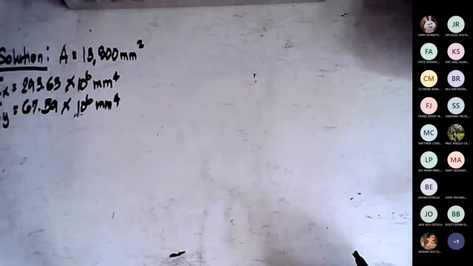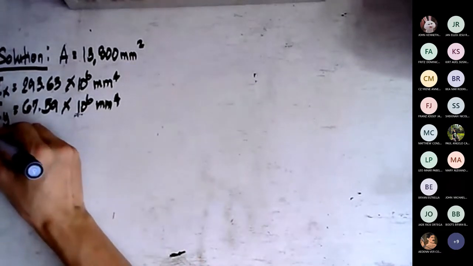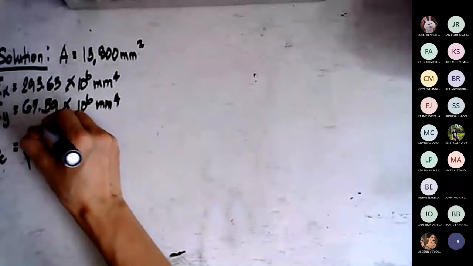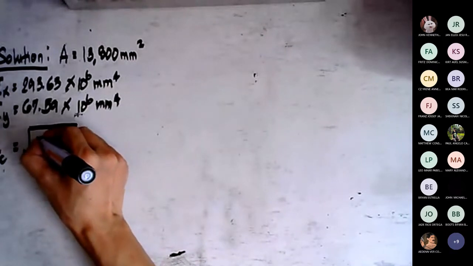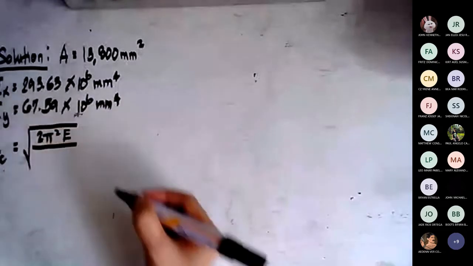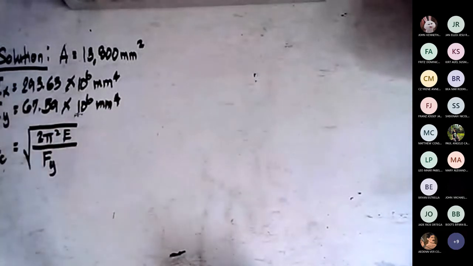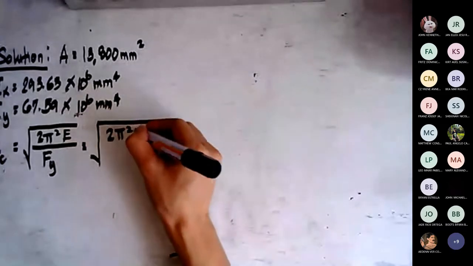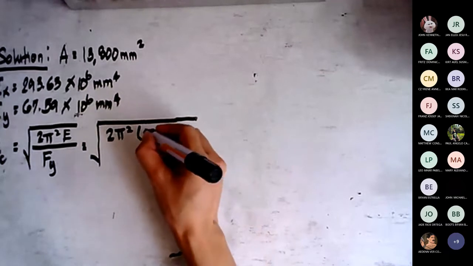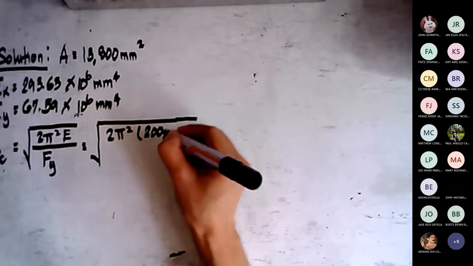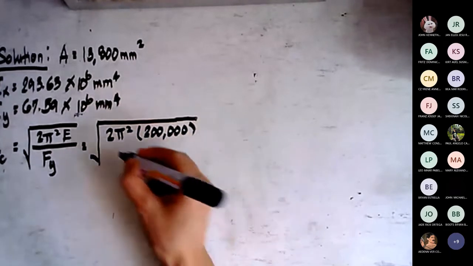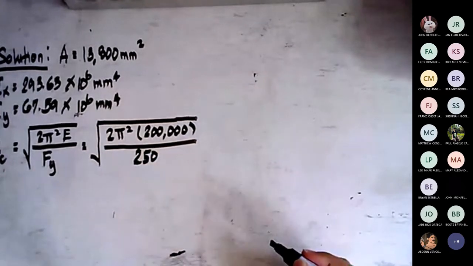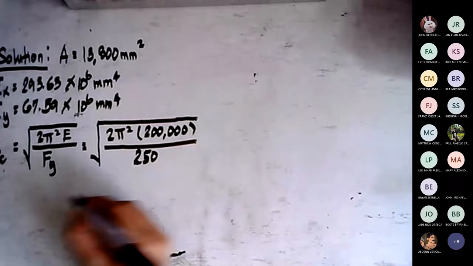So we are going to determine first the value for C sub C, that is a coefficient in the critical section. This is a given formula. Again, ang gagawin nyo lang is magmemorya ng mga formula. Ito ang medyo complicated sa steel design. So you have the different formula and all you have to do is to substitute. So you have the square root of 2 times pi squared, then the modulus of elasticity, which of course, kung hindi given sa problem, lagi ang steel natin, modulus of elasticity is 200,000 megapascal. And according to the problem, the value of Fy is 250 megapascal. So the value for C sub C here is